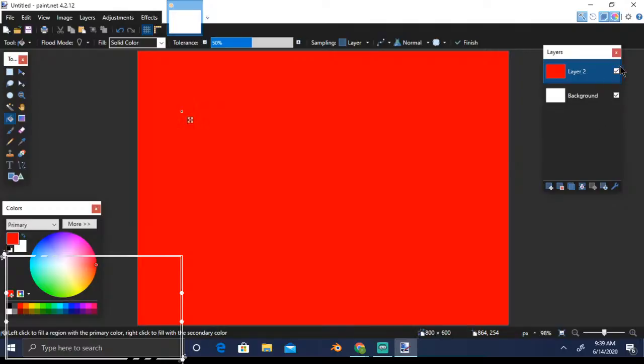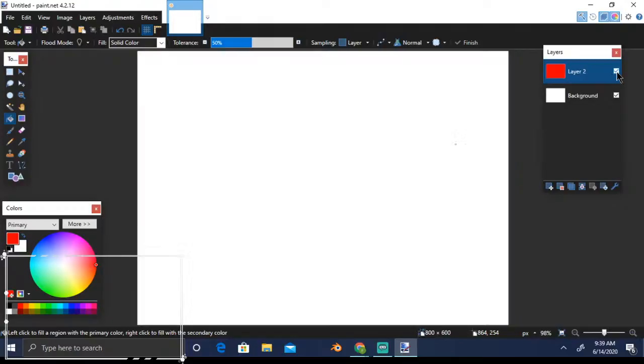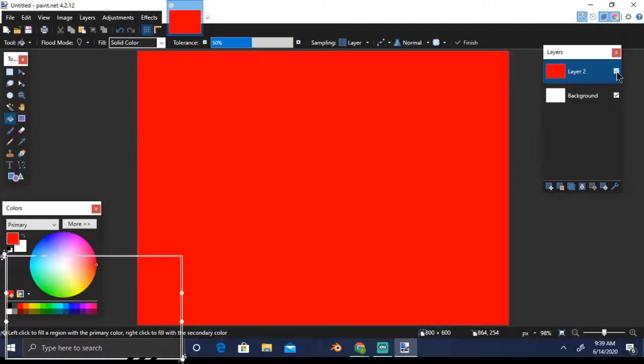Now there's a checkbox here. What does it do? If you uncheck that, that layer becomes invisible, right? So you can toggle it around with this. If you are done with a layer and you want to make sure you don't make any changes to it by mistake, just hide it, and later on you can make it visible again once you are done with it.